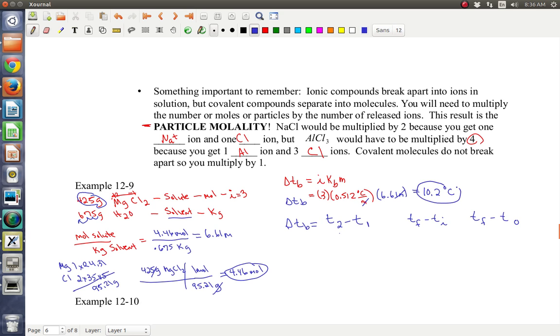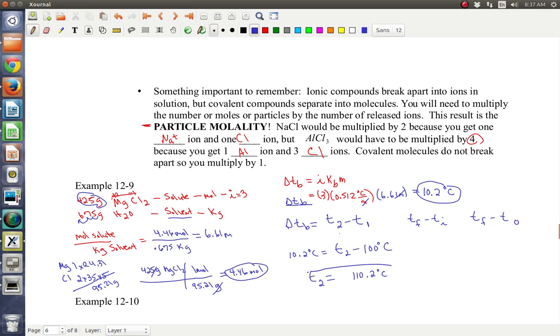So this value here is the change. So I got to put it in this spot. 10.2 degrees Celsius equals the final boiling point minus the initial. Well, what is the initial boiling point of water? It's 100 degrees Celsius. And this is going to be a standard, so you're not going to worry about your sig figs on this one. Now, you should know that water boils at 100 degrees Celsius. I won't give you that information, but I will give you the boiling points of other liquids if you need it in the question. So now just add 100 to both sides, so that the new boiling point is 110.2